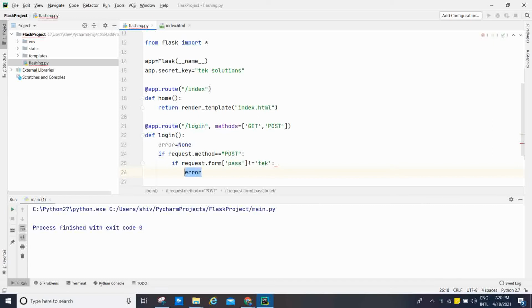If the password is not equal to tick, then what we are going to do, error equal to, we are going to set invalid password, okay, invalid password. Okay, else